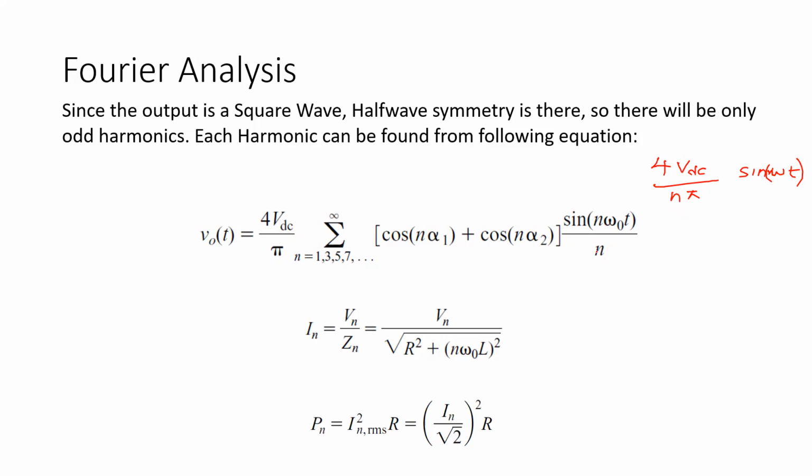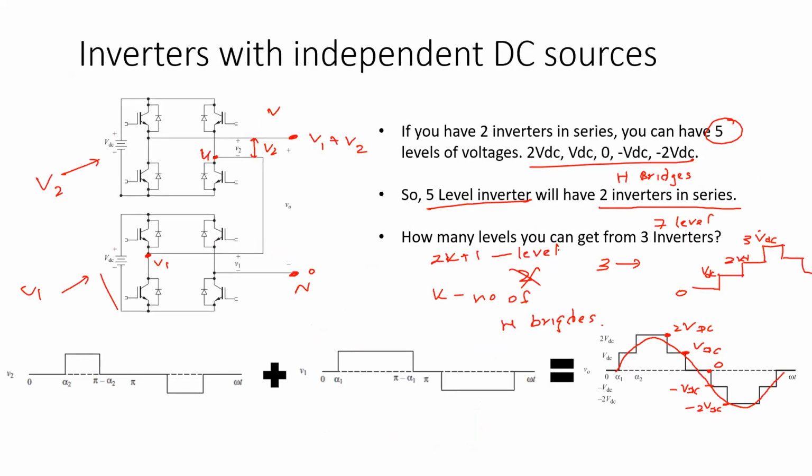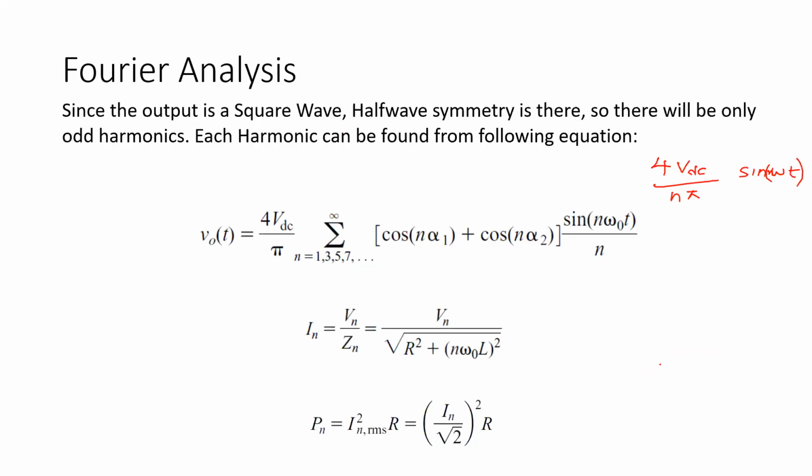In here, the only difference is the pulses are not square. These are square, but they are triggered at some angle, so alpha 1, alpha 2, and so on. To add these to this expression, a new term comes. You don't need to understand how this comes. Just remember, this is the representation of a multi-level inverter.